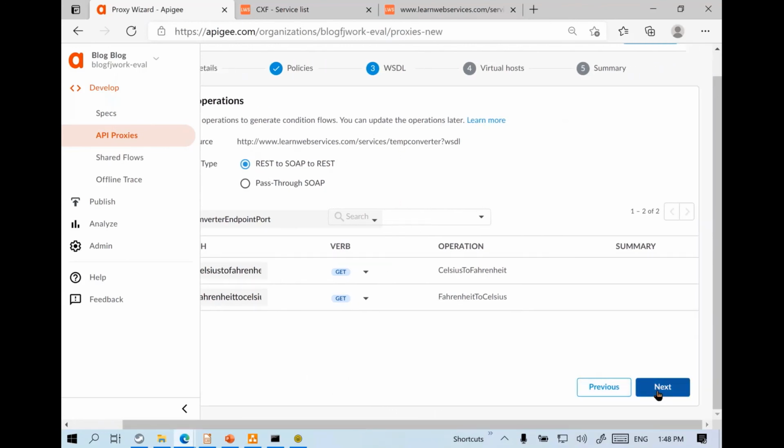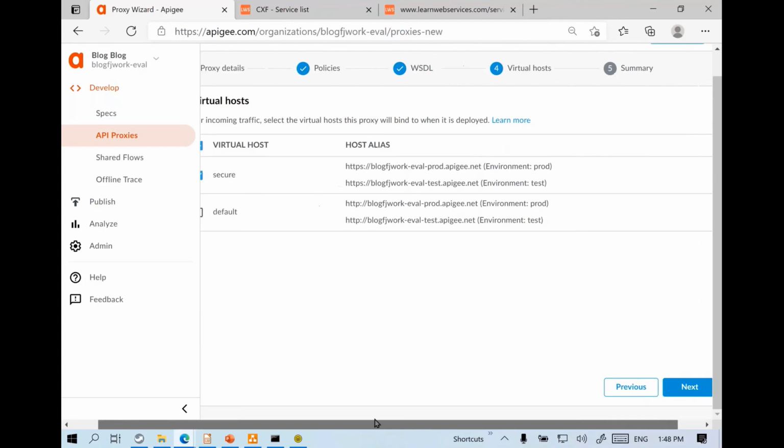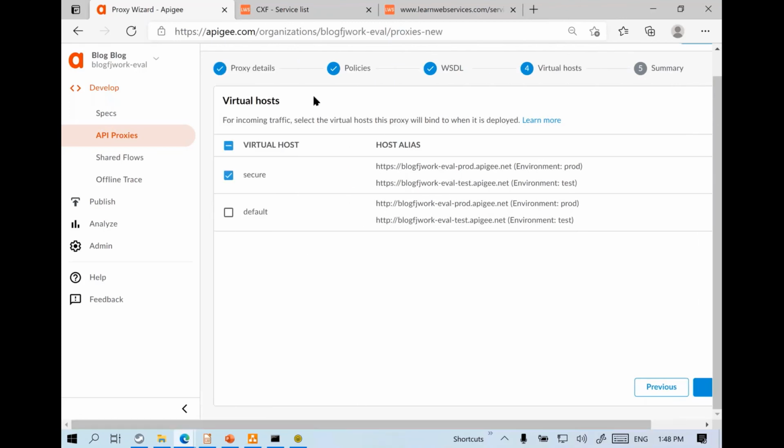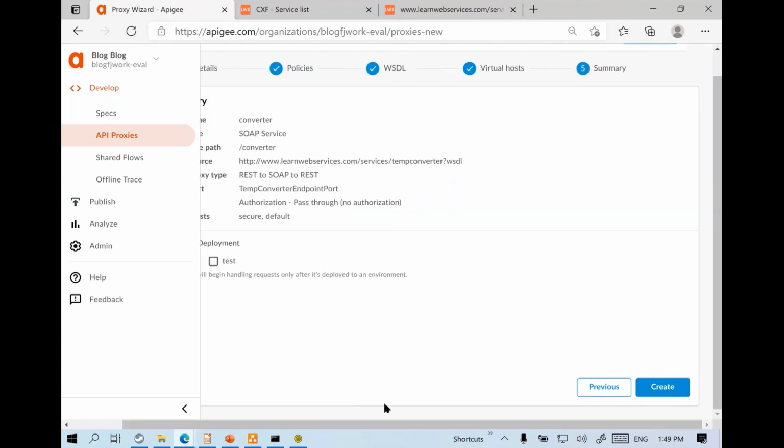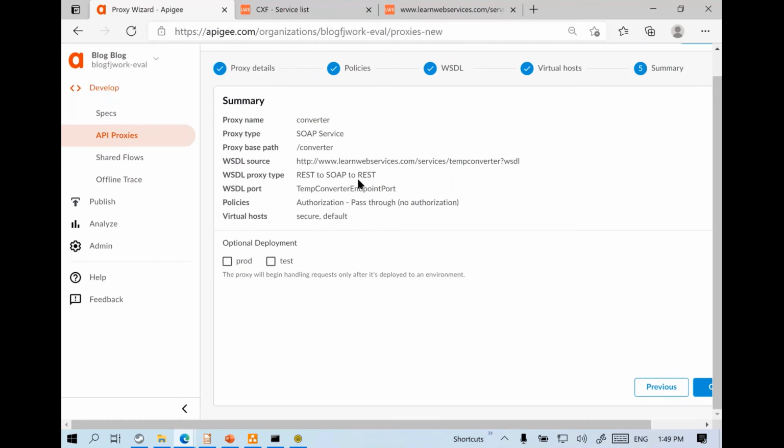For now, click next, and next I'm going to tell Apigee that it should be available both in HTTPS as well as in just the plain vanilla HTTP protocols. Then next, here we can choose to deploy and publish these APIs and make them part of our API registry.